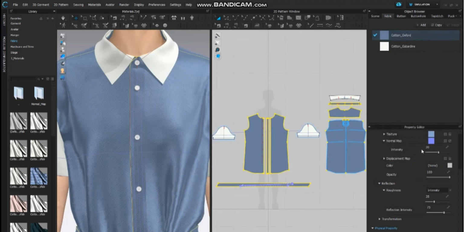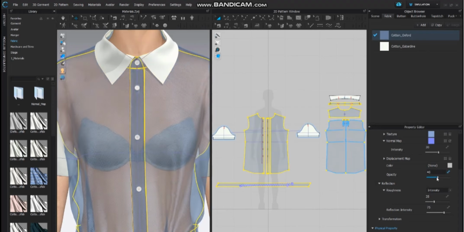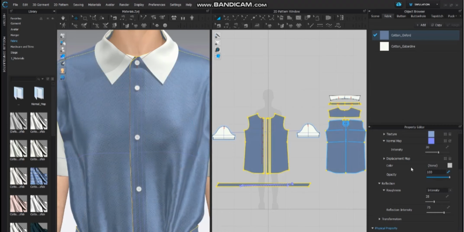Opacity controls how transparent the fabric is. Lower the value on the slider to express any type of sheer or see-through materials. And reflection allows you to control the material types we went over earlier. The material